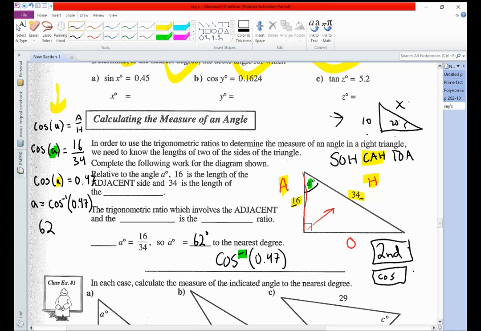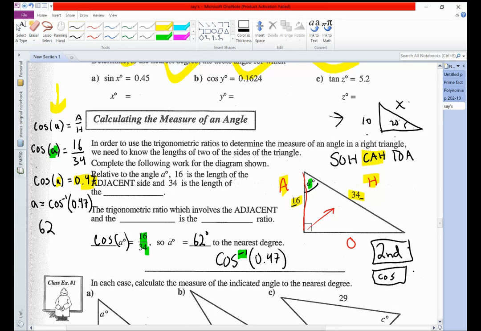I'm sure there's some rounding there or something. So just to fill this out, cos of A is equal to 16/34. So we do the inverse cos of the ratio, and we get 62 degrees. The other way you can type this in is you can skip this step right here where you make it